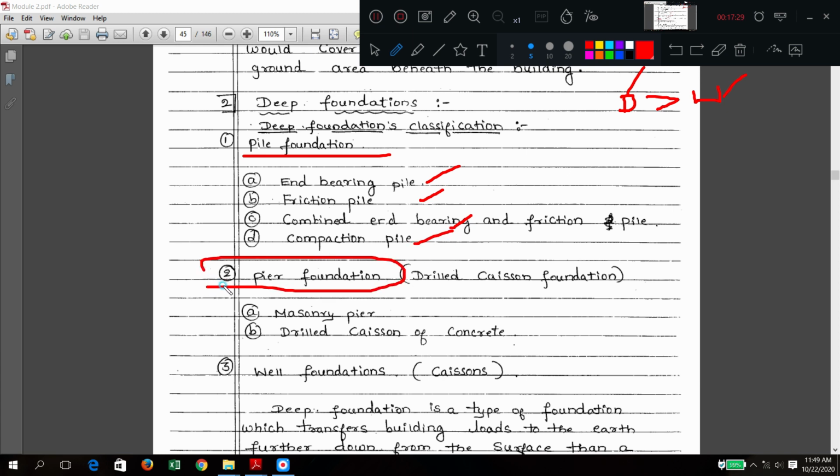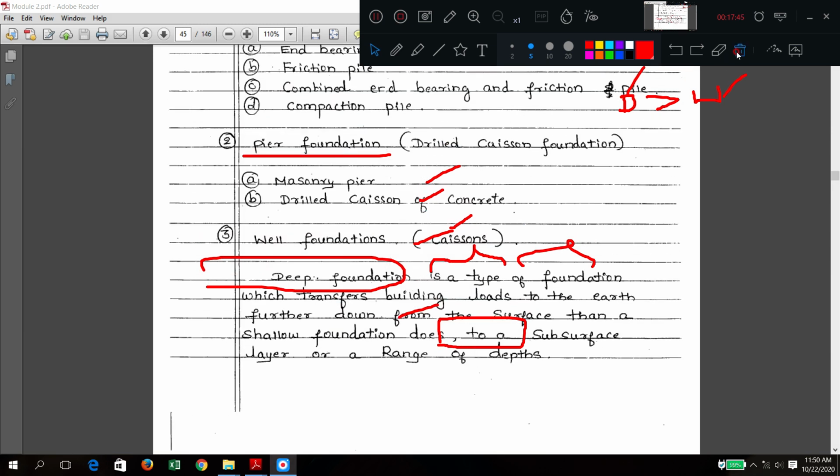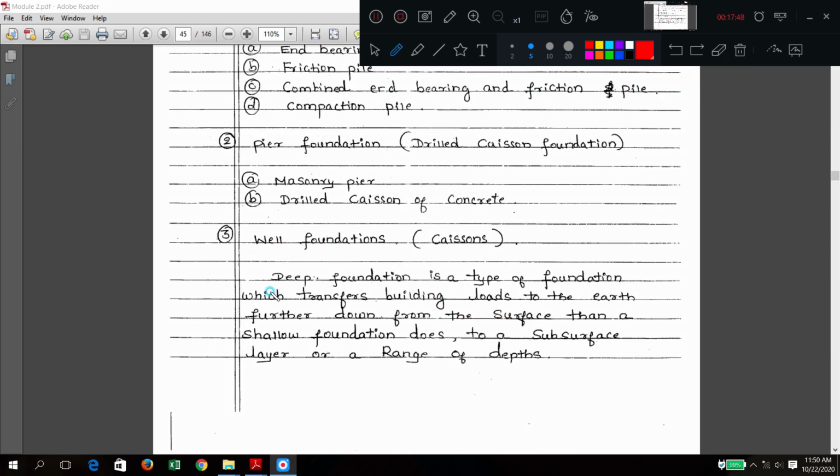And pier foundation, in the pier, it is also called drilled caisson. If the drilled caisson is masonry, or the drilled caisson is concrete, anything is possible. Apart from that we have well foundations.